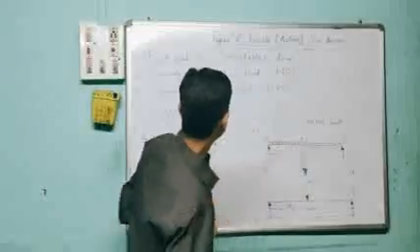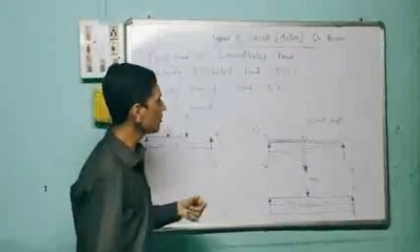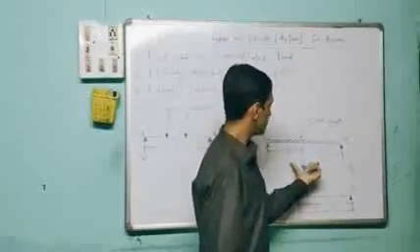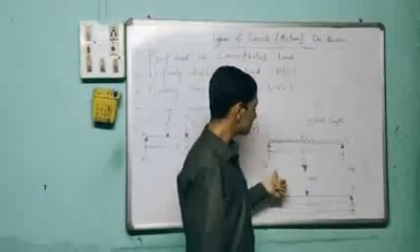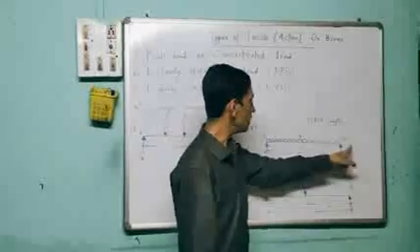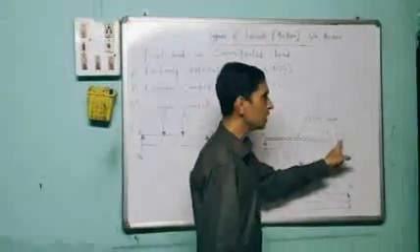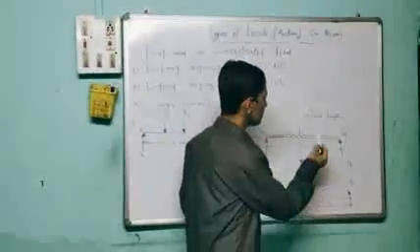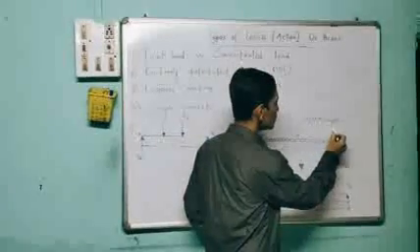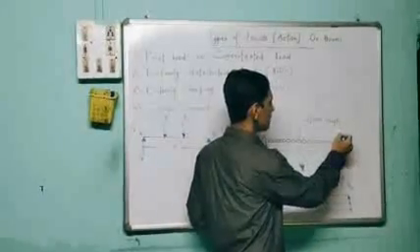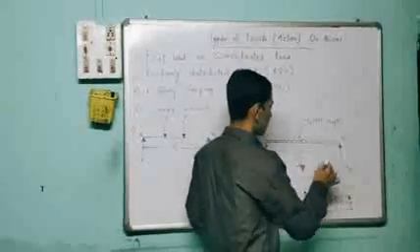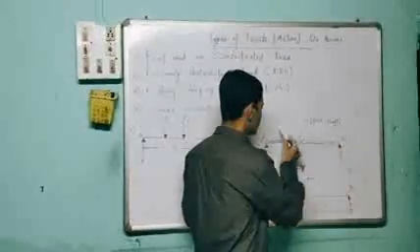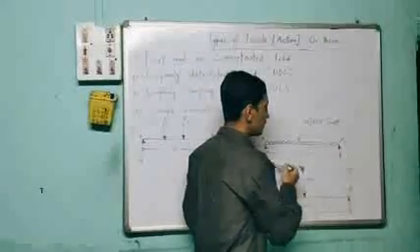Here I can explain this uniformly distributed load with the diagram. Look at here. Again, let us take a simply supported beam. At the ends, simple supports are provided, A and B, carrying a UDL. Here the intensity of UDL is measured as W per unit length, or load per unit length. Now if you look at this, UDL is applied on the total length of the beam. L is the total length of the beam.